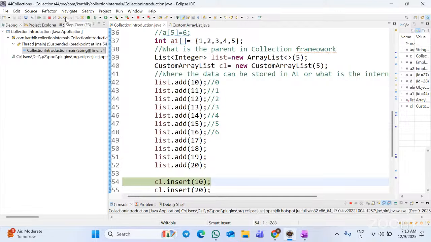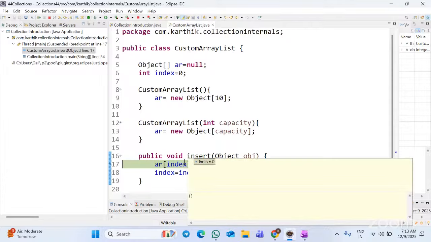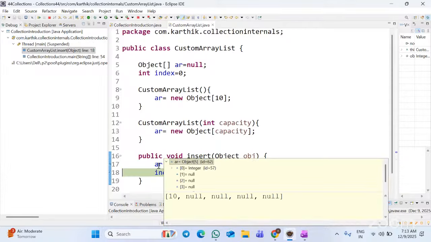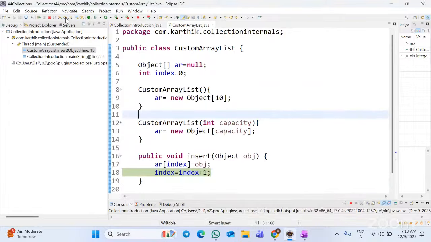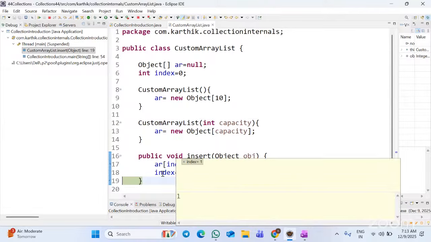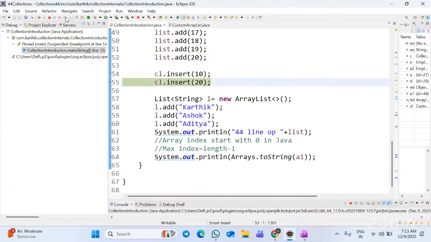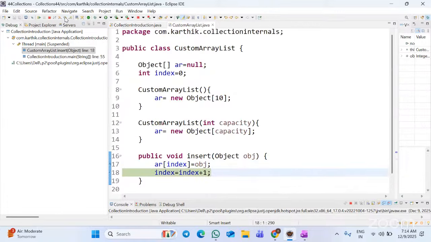Yeah. So the first time I'm calling an insert method, what is the index value? 0, AR of 0. What is the value that we passed? 10. It is stored, correct? And then what will the value of index become? Look here, index is no longer 0. It is 1. So next time, whatever you insert, which index will it go to? First index. In that way, it has now started working similar to a custom array,